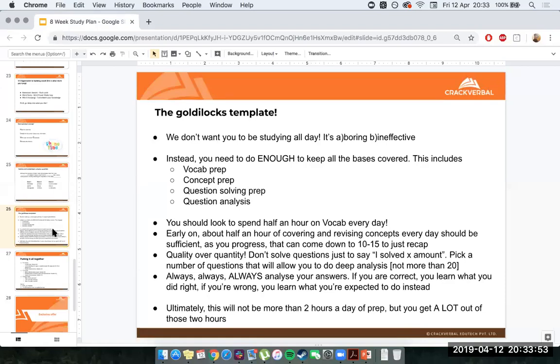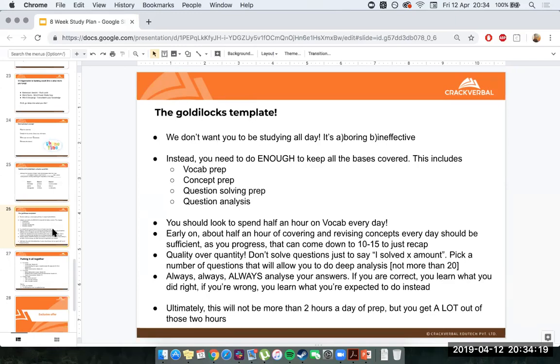As you progress with your prep, you don't need to come back and learn the RISE technique all over again. You just need to recap the RISE technique and maybe something that could make the RISE technique hard, or a trap that you could fall into while using it, which you shouldn't fall into. It's just recapping that stuff. So, early on, maybe you'll be spending about half an hour a day doing this. Down the line, you really don't want to be spending more than like 10, 15 minutes tops.